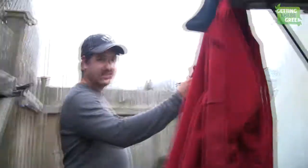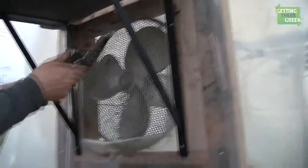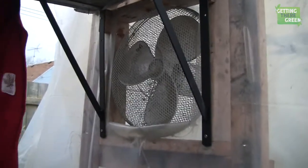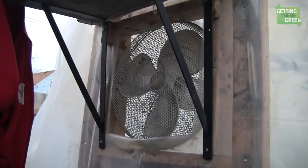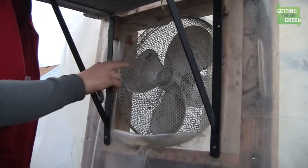So back here, we've done some work. We've actually closed the vent in the greenhouse here. It's plasticed on the other side, so that's fine. The cord's inside, so you don't have to worry about the electronics getting wet or anything like that. Or the plastic comes out, so this never gets wet. But back here,